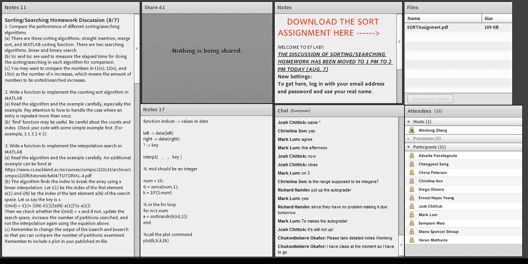So but this might not be that efficient, especially when the numbers in this array are not equally distributed. Okay, so the way to solve this problem is to use what is called interpolation search, and the idea is actually